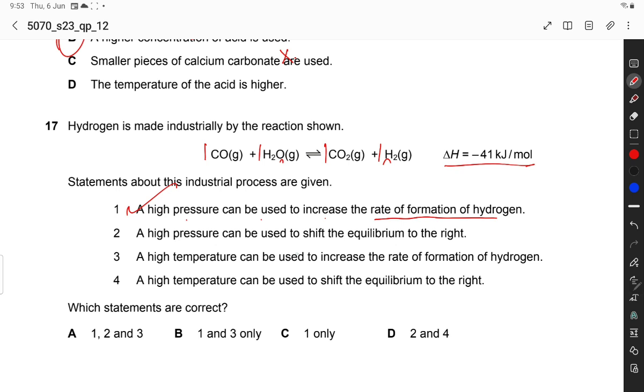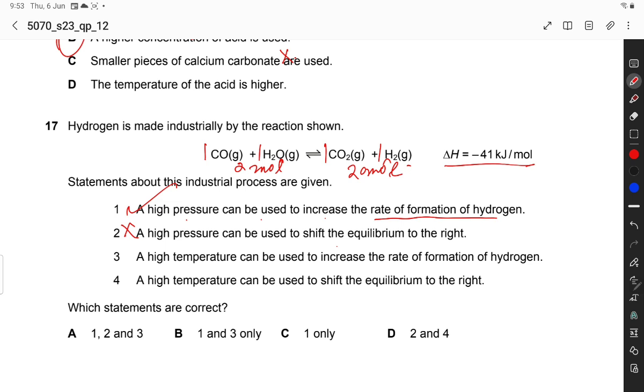A high pressure can be used to shift the equilibrium. No, it cannot change the equilibrium position, because over here 2 moles and over here 2 moles. So equilibrium cannot be changed. This option is incorrect. A high temperature can be used to increase the rate of